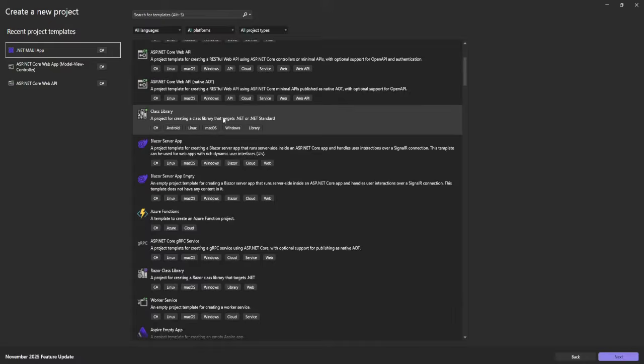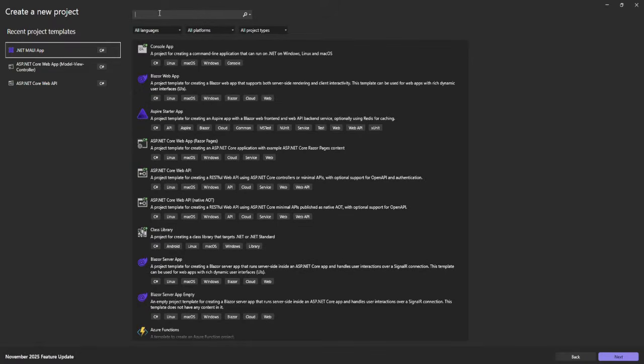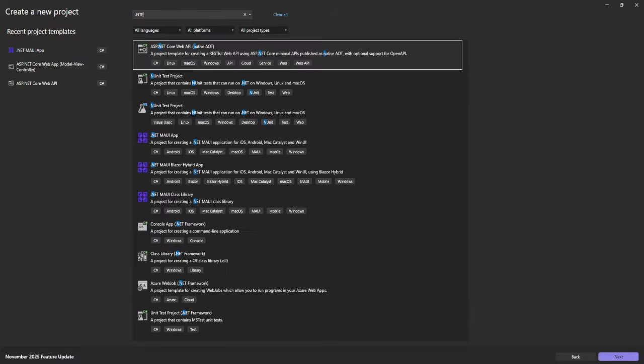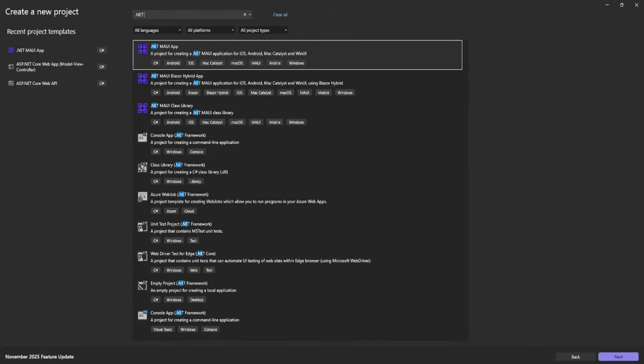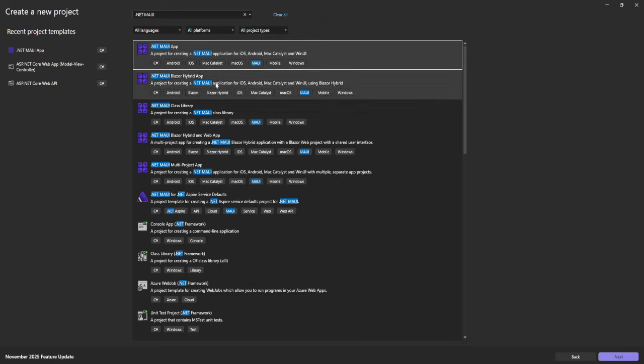And then here you'll see a lot of templates. So here you can search .NET MAUI. So then you will see here we have various templates that you can have. So we have .NET MAUI app, we have Blazor hybrid app, class library, hybrid and web app, and also we have the multi-project app. So what I want us to do today is I want us to create a .NET MAUI app. So let's just choose a project for creating .NET MAUI application for iOS, Android, Mac Catalyst, and Windows